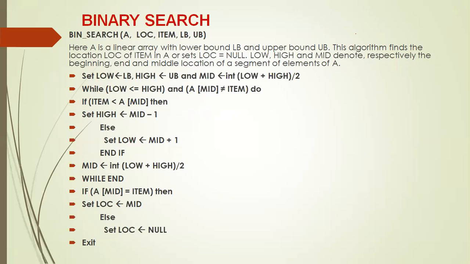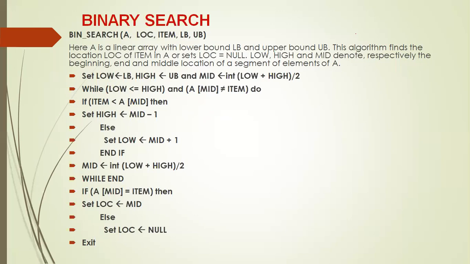So here we take variables like low, high, mid, because I think you might have already studied the binary search technique in your first semester. Low equals LB, where LB means lower bound. Assume that the lower bound is generally 1. High equals N. If it's an array of 10 numbers, UB becomes 10. So now low equals 1, high equals 10.